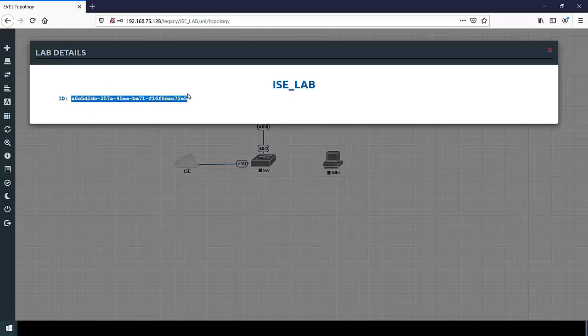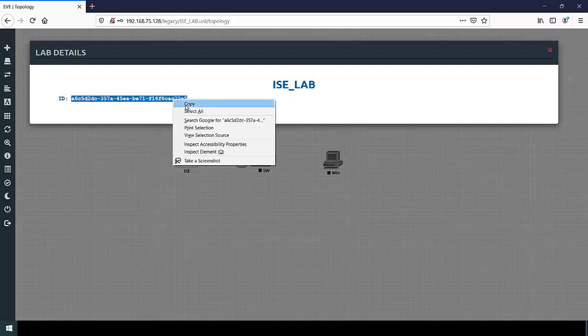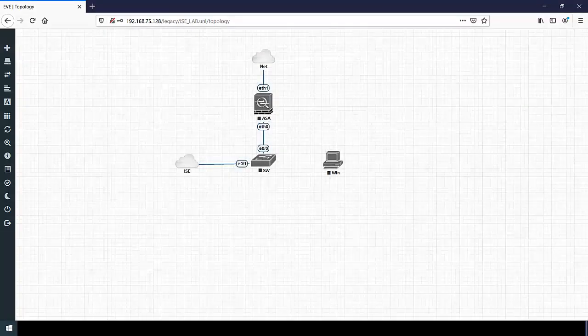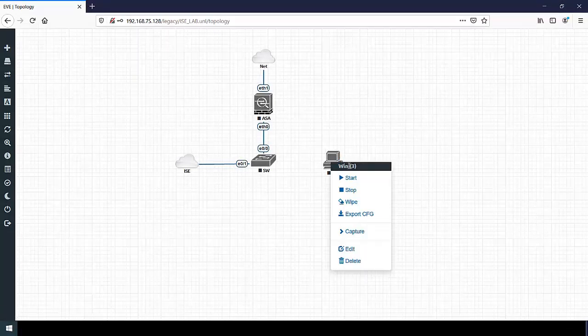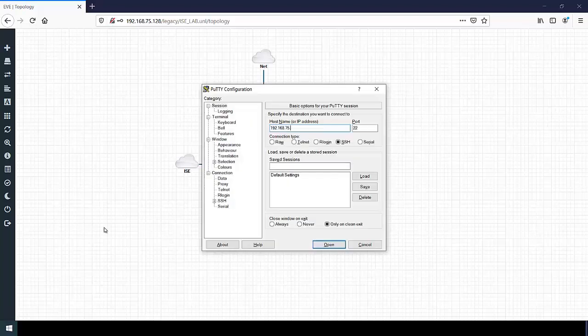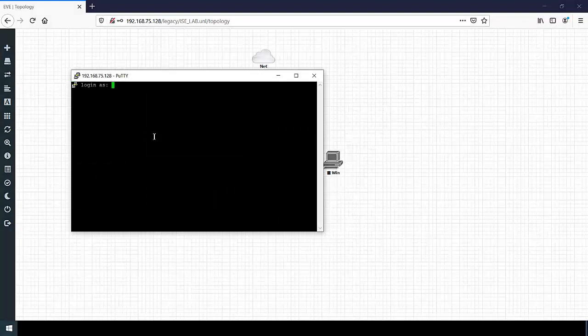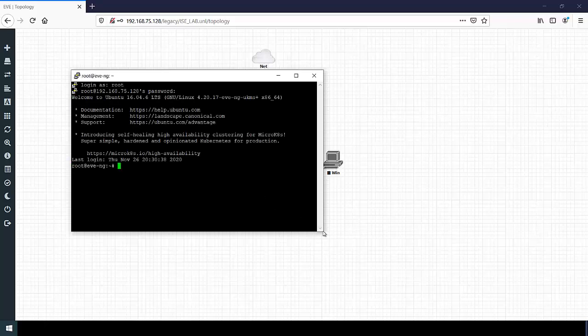To commit it, just check the lab ID, copy it, open the Eve console. You can use putty for that. You also need the device ID, so in our case it's Win3. So we will be logging to our Eve using putty. Username will be root and password will be Eve.